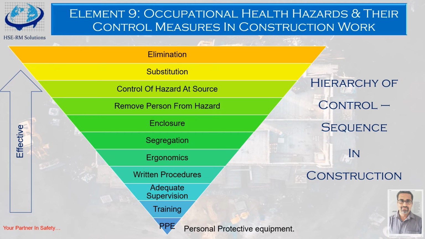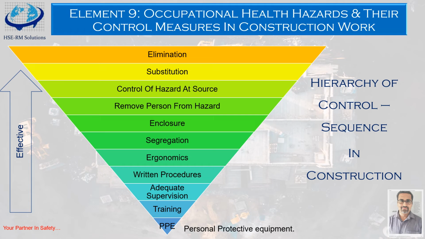You just segregate things, right? You put them in a place, put them in the right direction. So segregation means that. Then comes ergonomics. So you have to segregate things in such a way that ergonomically also they are easy to lift. Some bars are lying here, some pipes are lying there, some boards are lying there, and people don't actually focus on how they are going to lift it. They simply lift it and put it there, lift it and put it there. No, tell them ergonomically how you are supposed to handle the material. So that part of training is required to be given.